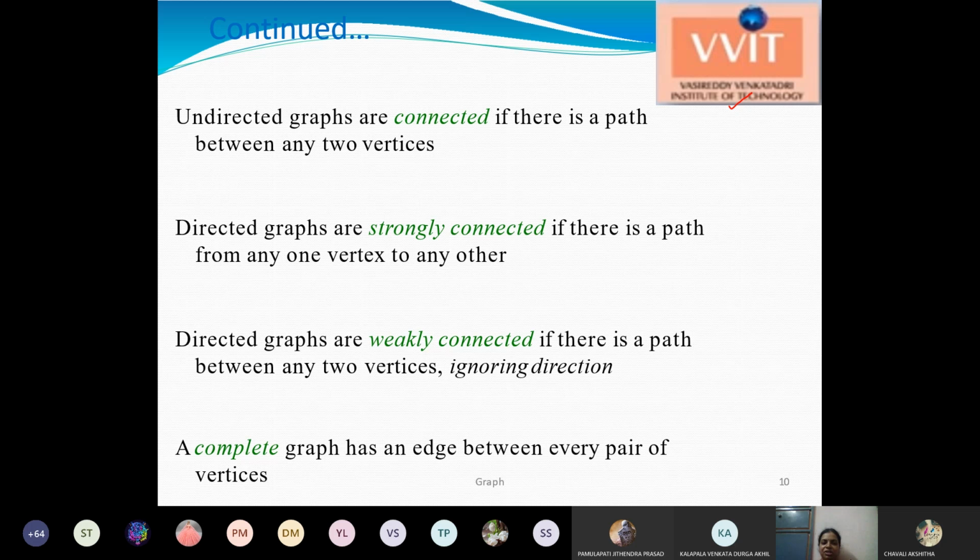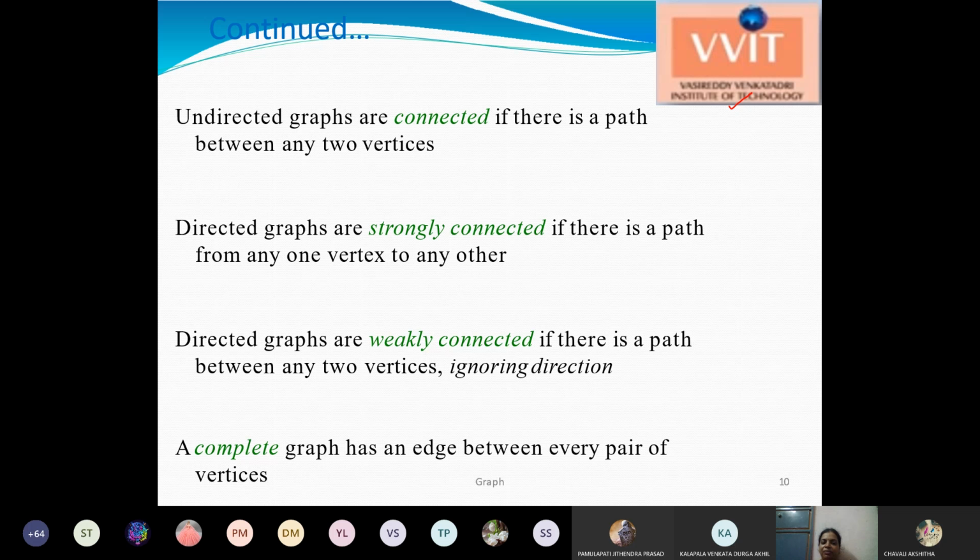And for directed graphs, there are strongly connected graphs. That is, there is a path from one vertex to another vertex. Some directed graphs are weakly connected, where there is no particular path to reach a particular vertex.